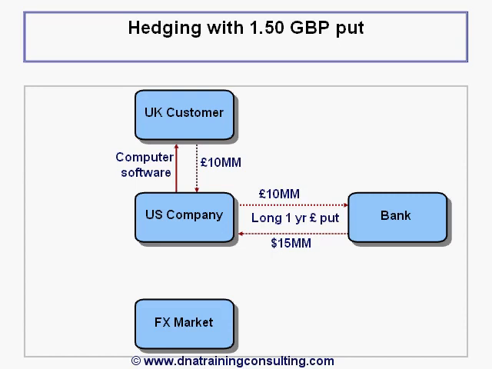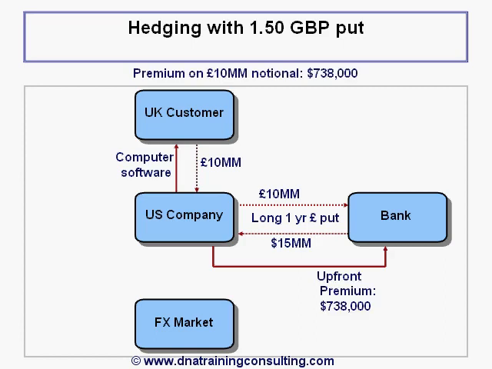Turning now to simple option-based hedges. We consider first the use of an ordinary sterling put, dollar call, struck at the current spot of 1.5 and the impact this has on the company's overall position. Remembering that the premium for this put comes to $0.0738 per pound, so in total $738,000 given the 10 million sterling notional of the hedge,